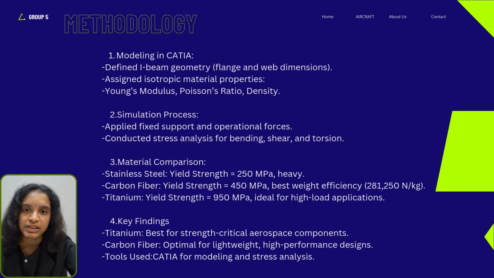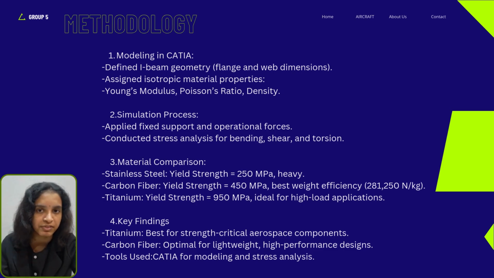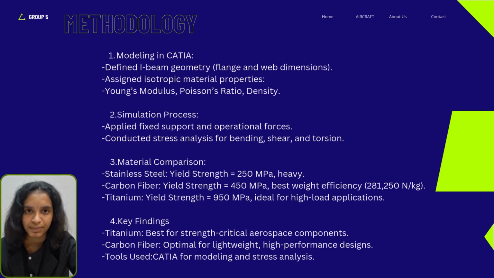But titanium, with a yield strength of 950 MPa, stood out as the strongest material, making it ideal for high-load applications. Its combination of yield strength and moderate density provided a balanced solution for components subjected to extreme forces. The simulation revealed detailed insights into the performance of each material under the applied loads, with stress distribution maps and